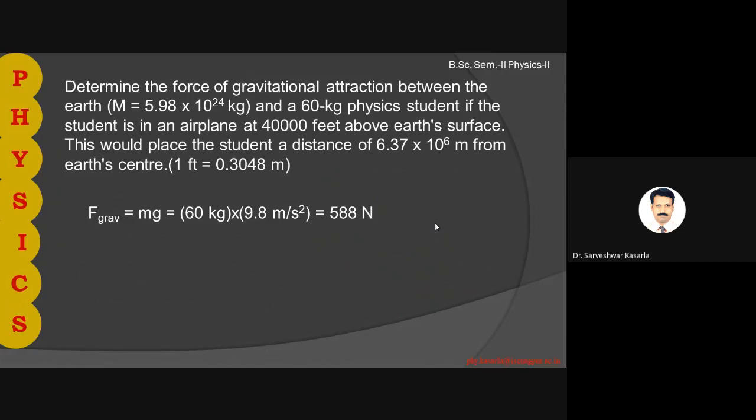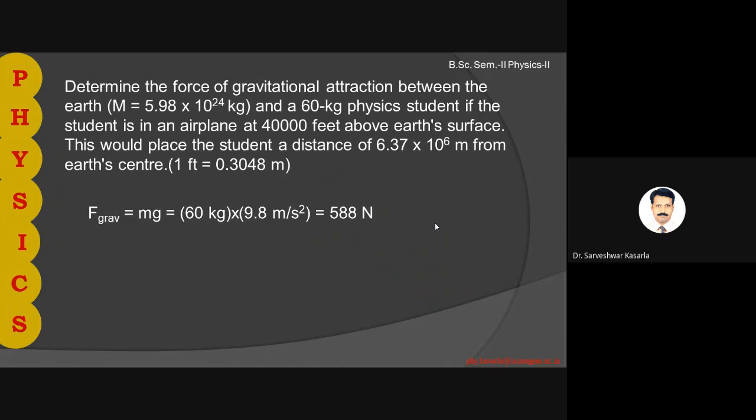If the student is in an aeroplane at 40,000 feet above Earth's surface, this would place the student at a distance of around 6.37 into 10 to the power 6 meter from Earth's center. So 1 feet is around say 0.3048 meter. If you convert that, that comes out to be around say 12,200